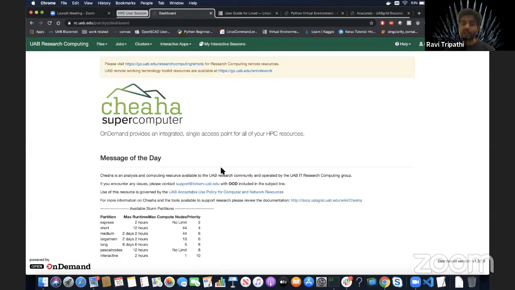If you don't have an account on Cheaha currently, which I'm hoping all of you have, but if you don't, you are going to see a message over here that you don't have an account, and you'll have a link somewhere over here where it's going to be like, go and request an account, and it will open up an email page where you can fill out some of the fields like name, LAS ID, and everything, and just send it to us, and we'll create an account for you. Once you receive the automated email from us that your account has been created, you can come back to rc.uab.edu